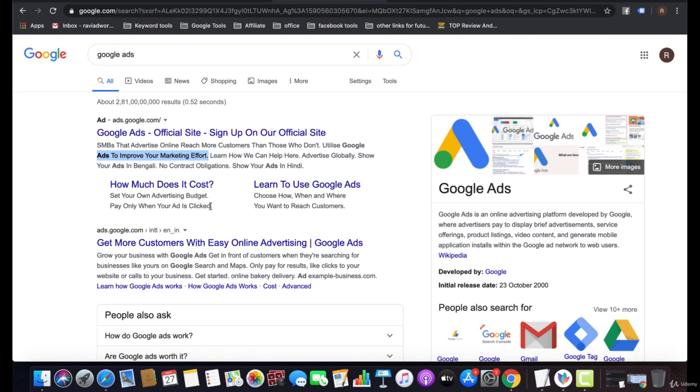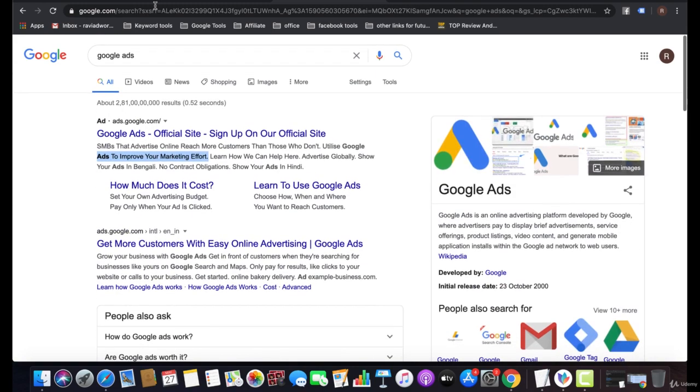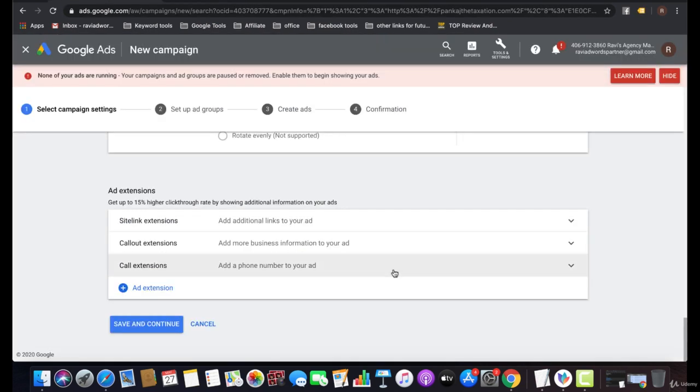Site link extensions enhance your ad relevancy and describe your ad type and what services you are providing, like how much Google Ads costs, or learn to use Google Ads. These are the site links Google Ads is using in its ad campaign.